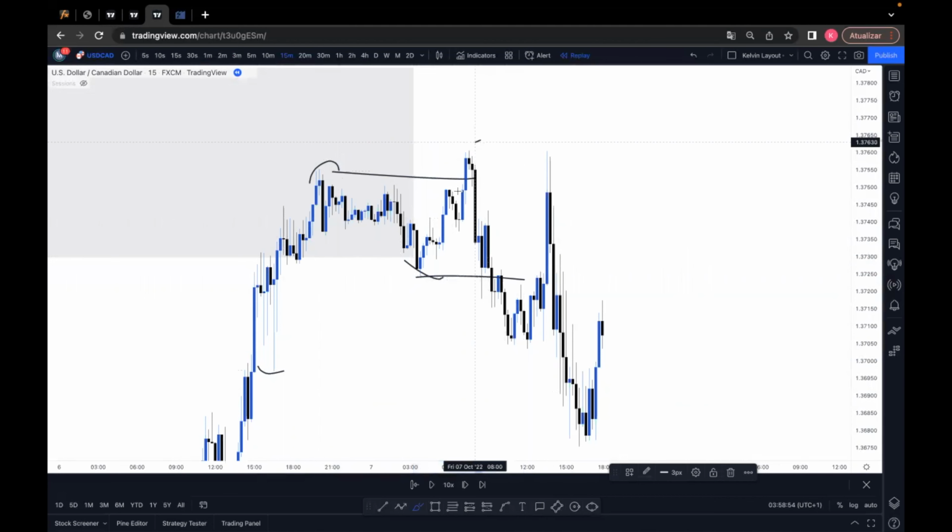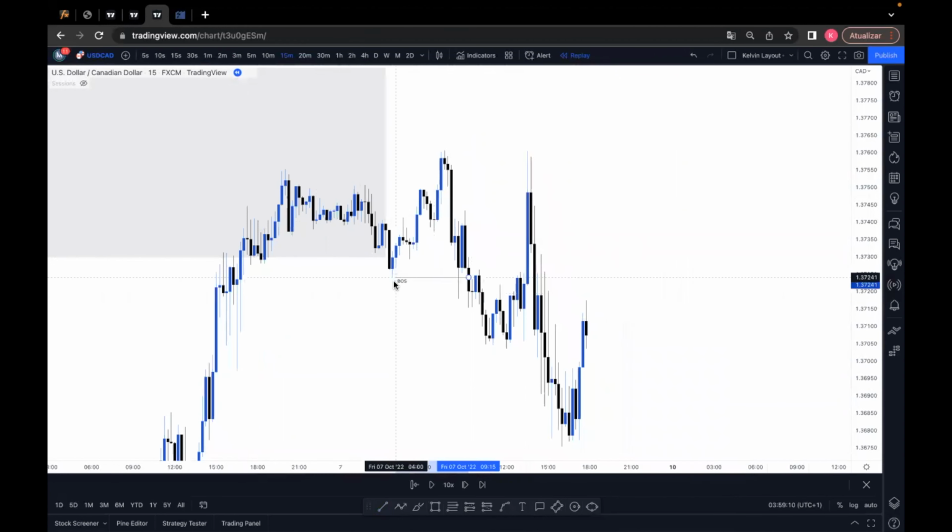So we can see that this is a strong high because it took out the previous high and then went on to take the previous swing low, okay? If I just mark the break of structure right here, we have a nice break of structure. So this right here is a very valid order block to trade from, especially from the 15-minute time frame. You can just set a limit order right here,